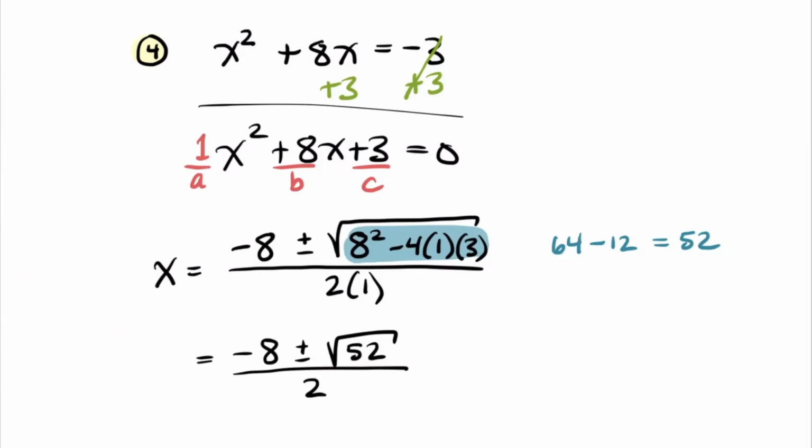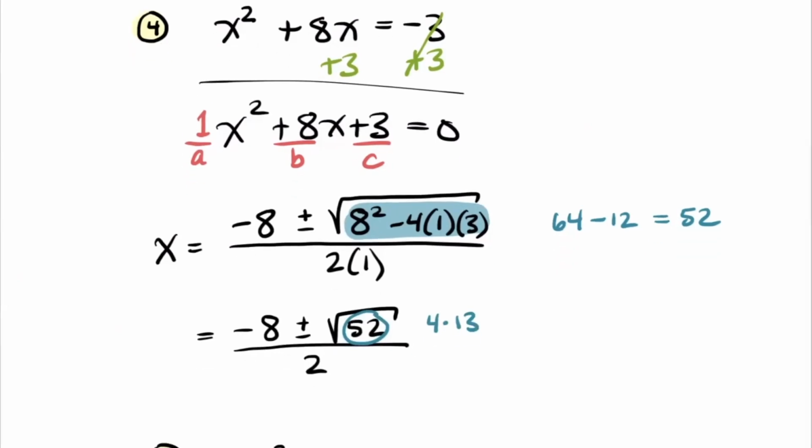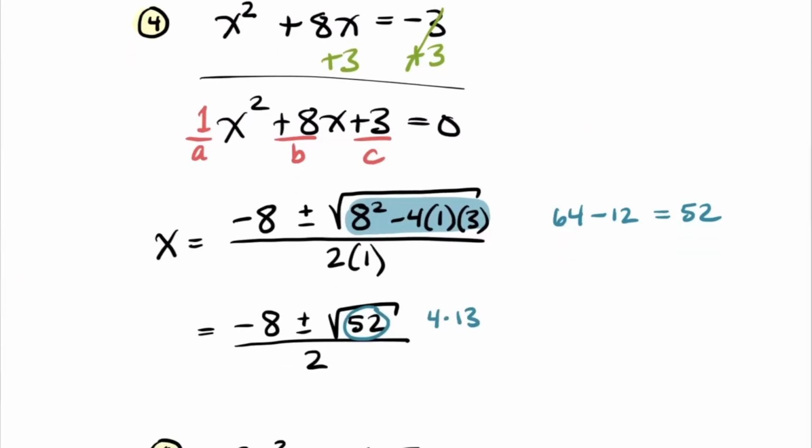16, I don't think works. 9 is not going into 52. 4 seems like it does. So 4, let's see, 52 is 4 times, but 10 will get us to 40. I need 12 more to get us to 52, so 13. And so the square root of 52